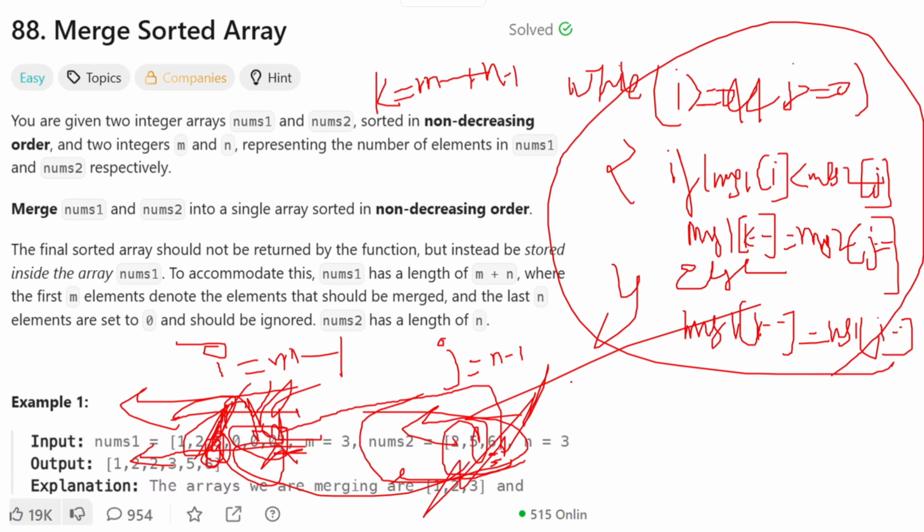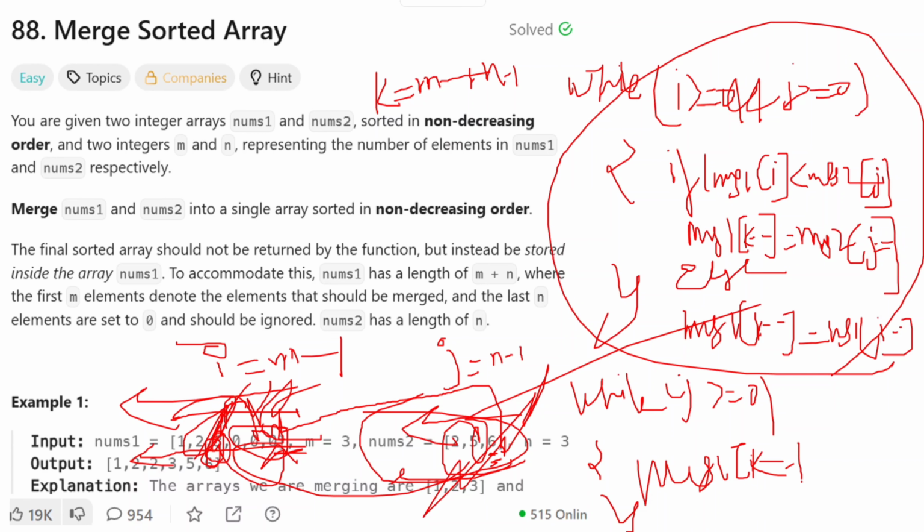How will we copy? Again using a while loop. While j is greater than or equal to 0, we will simply copy the remaining elements into nums1: nums1[k--] = nums2[j]. Now there is no need to write another while condition